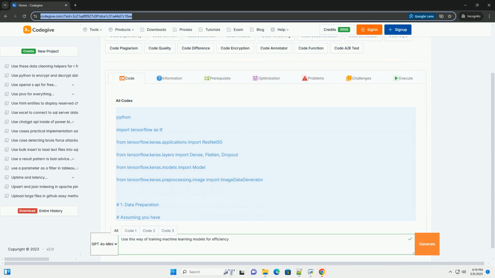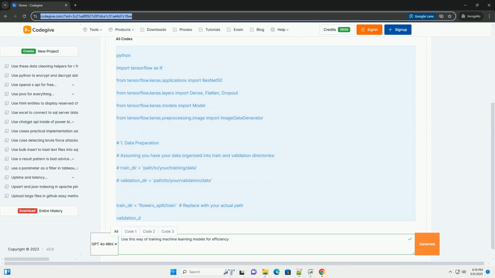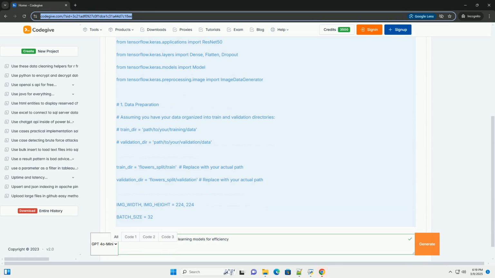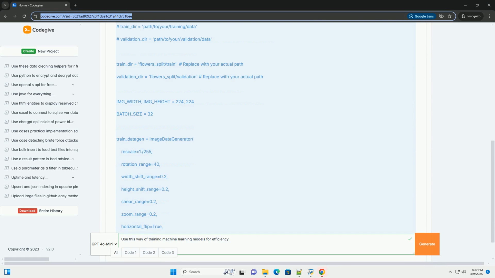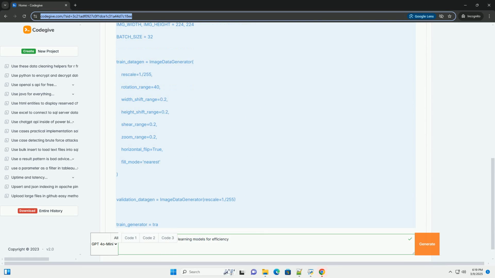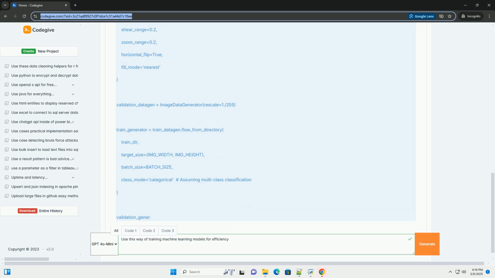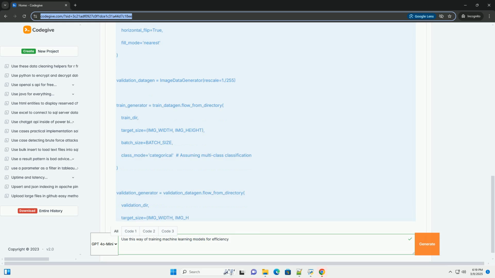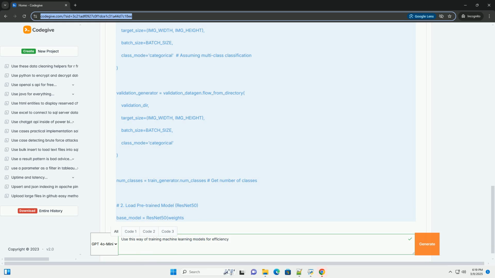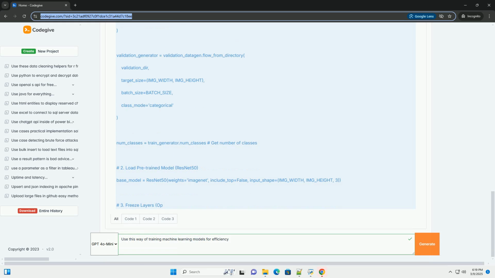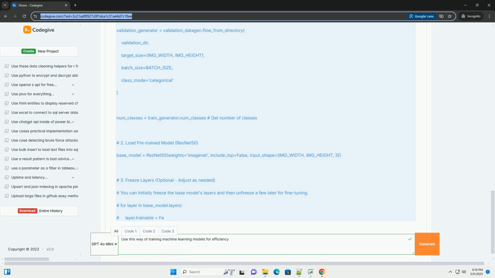Training machine learning models efficiently, leveraging transfer learning. Transfer learning is a powerful technique in machine learning that allows you to leverage knowledge gained from solving one problem to solve a different but related problem. It's particularly useful when you have limited data for your target task, as it allows you to initialize your model with pre-trained weights rather than starting from scratch. This can lead to faster training, better performance, and the ability to tackle problems that would otherwise be intractable due